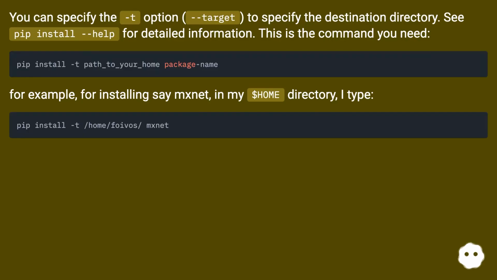This is the command you need. For example, for installing say mxnet in my $HOME directory, I type